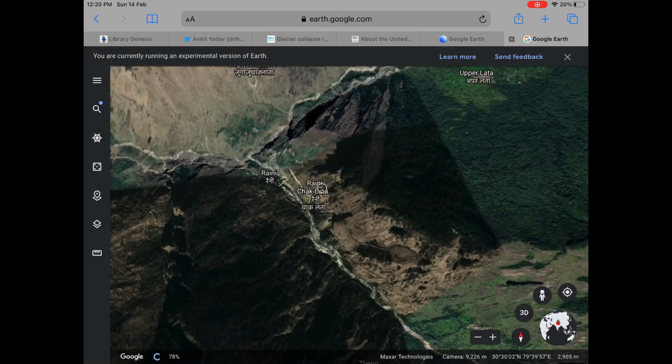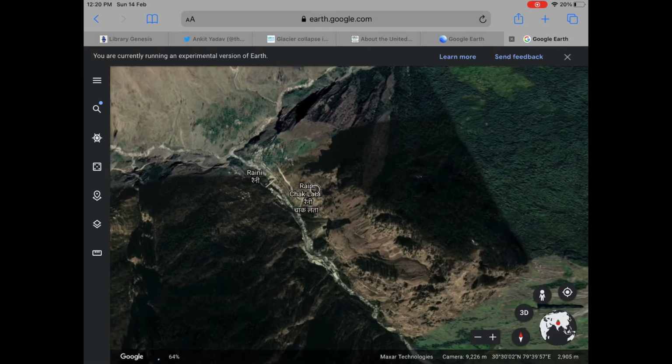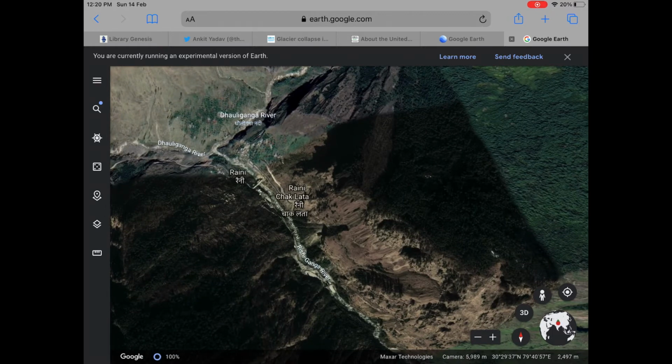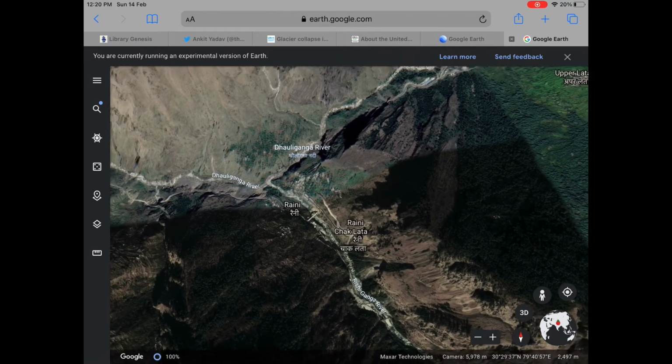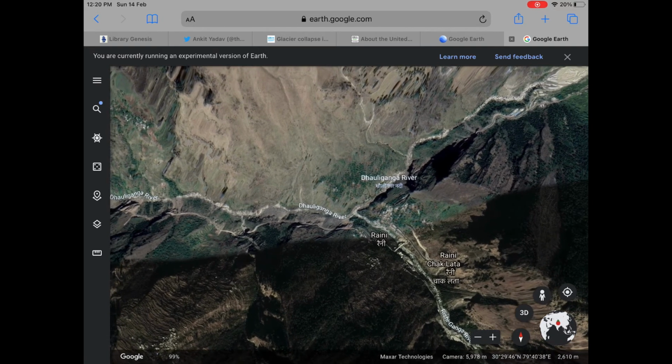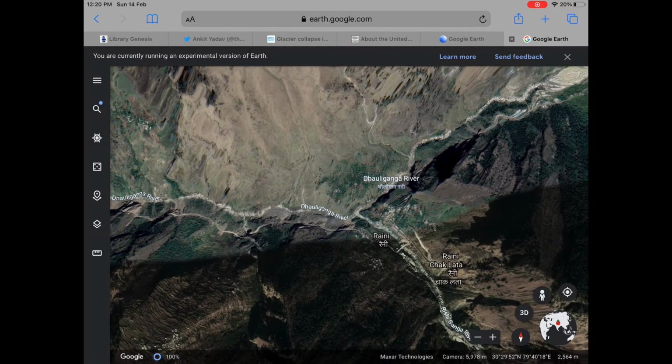Now we can easily see the Rainy Village where the Rishiganga project has been flooded by the Rishiganga River. We can see Rainy Village and the Dhauliganga River, where the confluence of the two rivers is. Rishiganga comes from the south side and Dhauliganga comes from the north side, and they confluence at the location of Rainy Village. Then the Dhauliganga River moves downward,